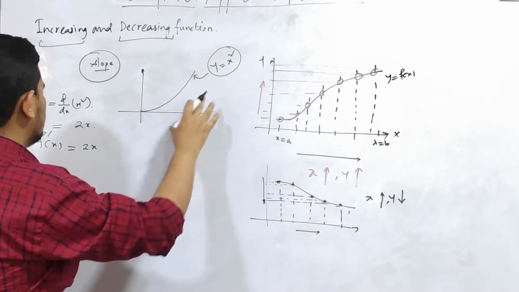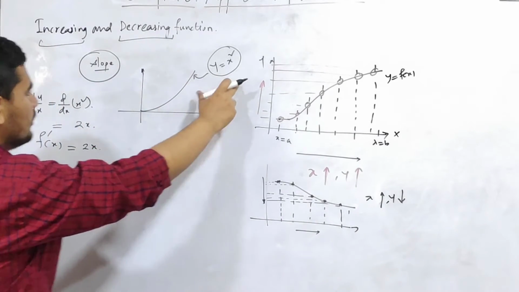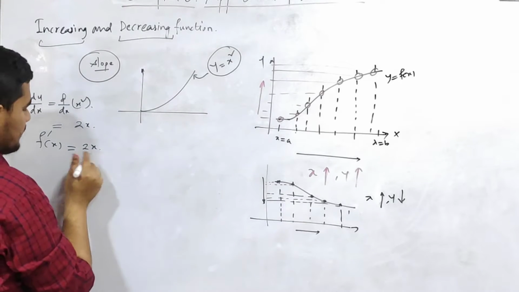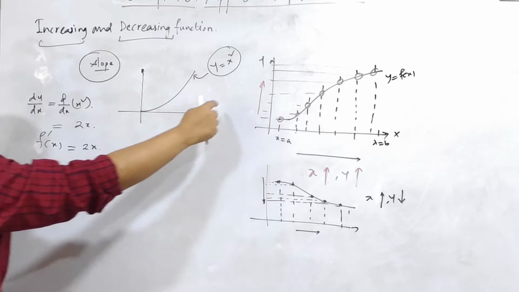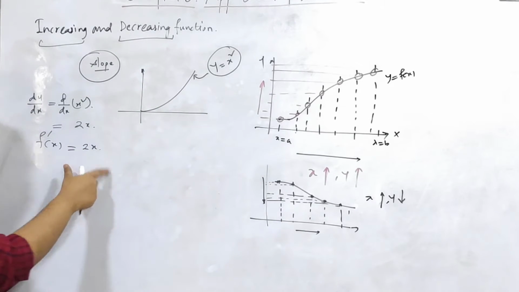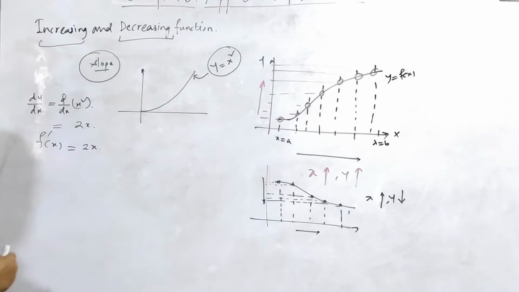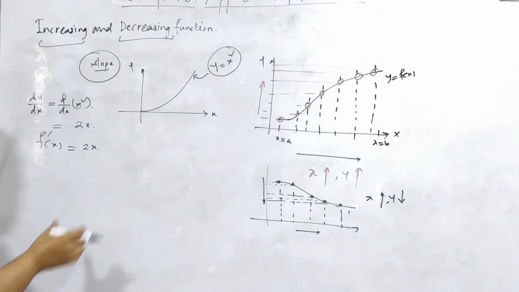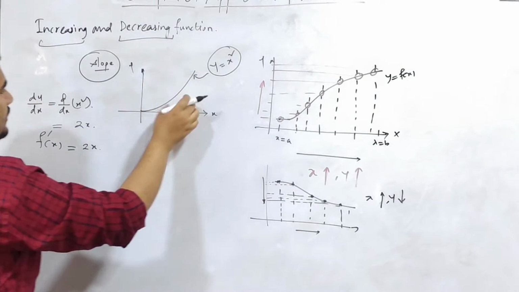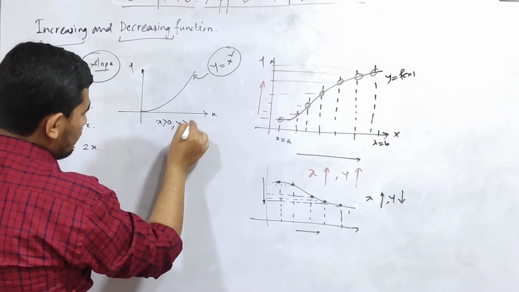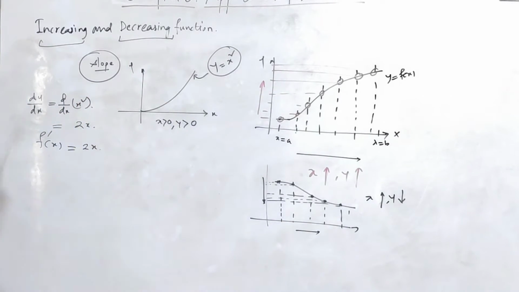What you have to do is, first you have to get the function which is given in the question. Then you have to derive this function. Here I have derived y equal to x square, after which I get twice x. Now I can put any random value to check whether it is increasing or decreasing. Here this curve is only valid in the xy coordinate plane where x is greater than or equal to 0 and y is greater than or equal to 0, that is, it is valid in the positive quadrant.